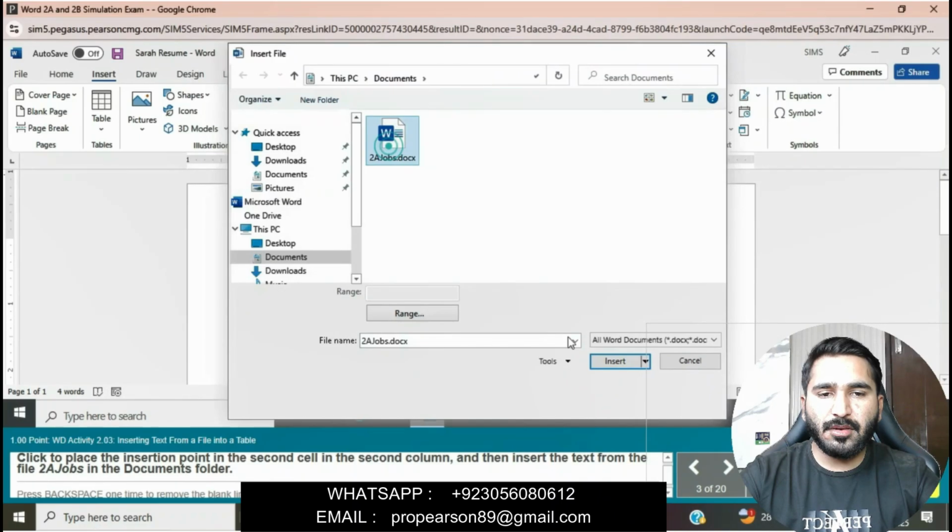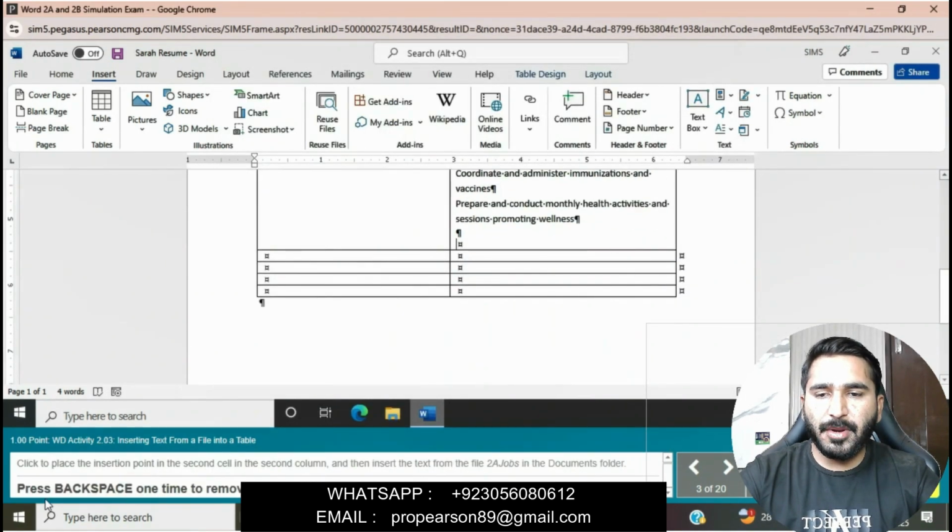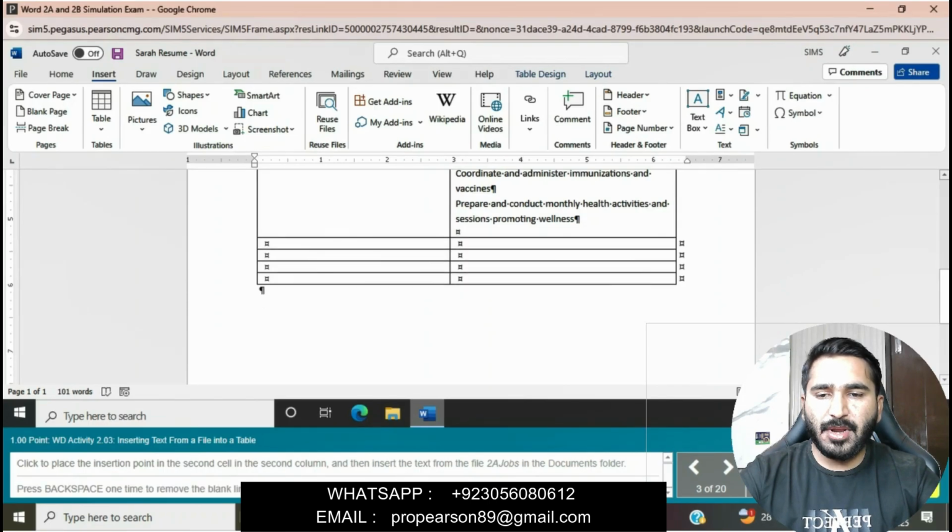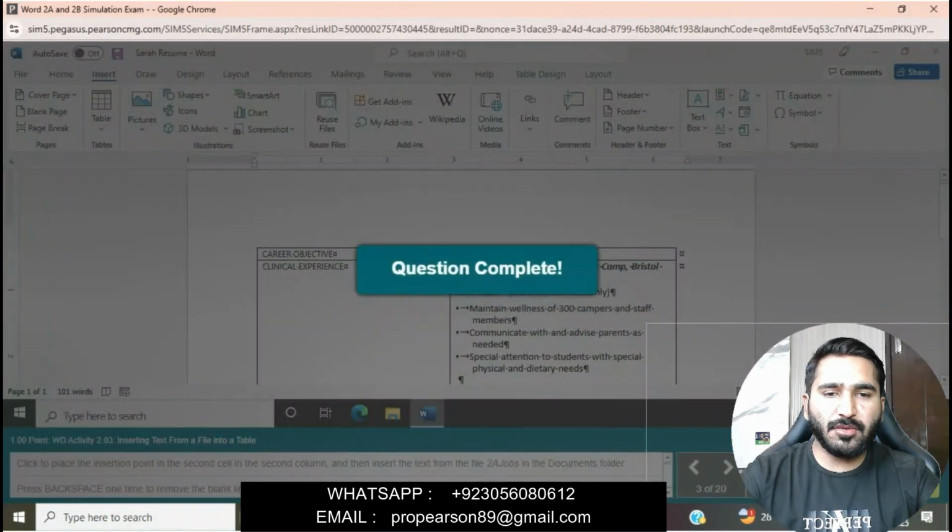We will insert this file, 2A Jobs, from the folder where you saved it, and then click Insert. Then press Backspace one time to remove the blank line at the end of the inserted text. Okay, the question is completed now.